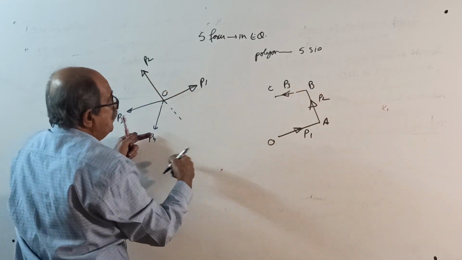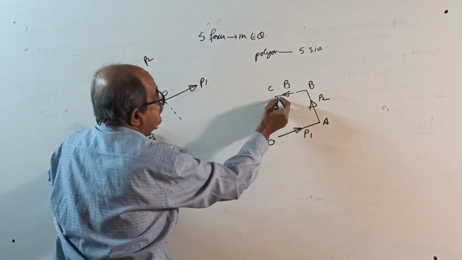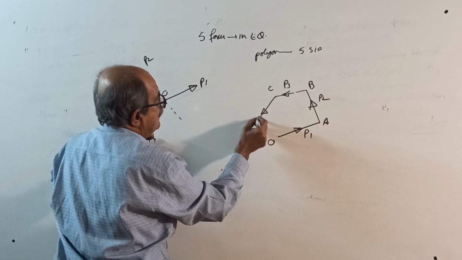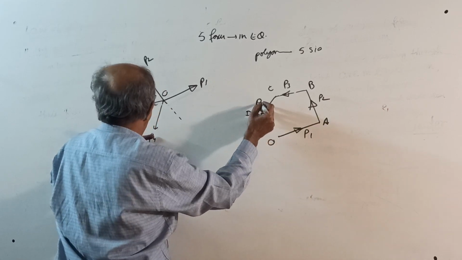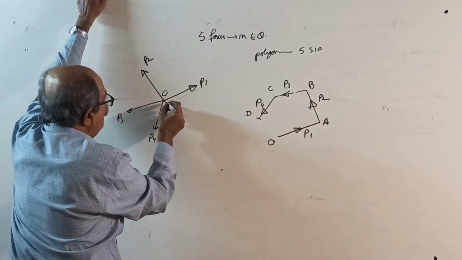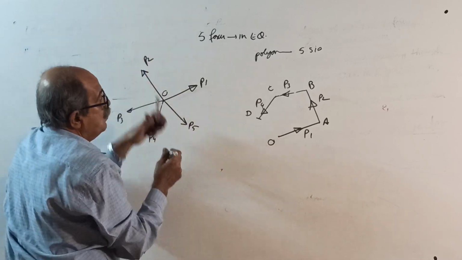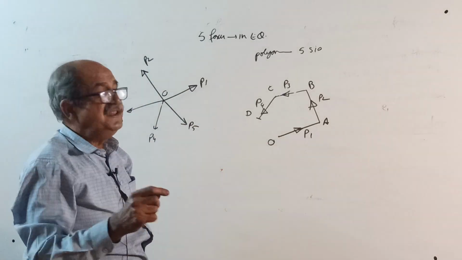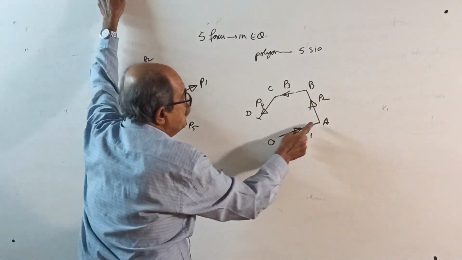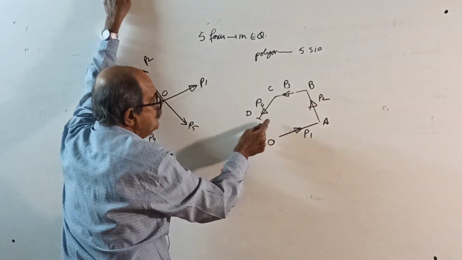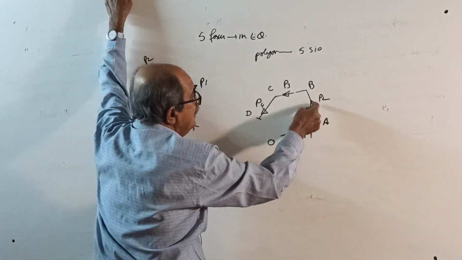Represent P4 by CD. Okay, now I will put P5 here. This is your P5. Now, if the system is in equilibrium, P1, P2, P3, P4, in order OA, AB,